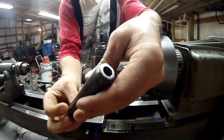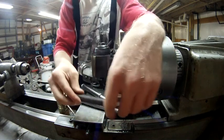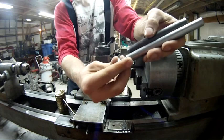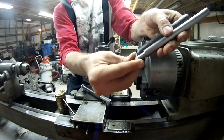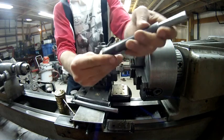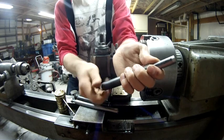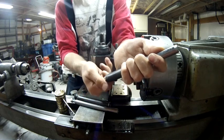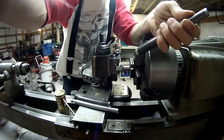Here I'm just showing you that in the last video, the last part of the lathe work was cutting out these bungs which go in the tube, and they prevent the bolt from pulling through the tube. There you see the inner piece, which is threaded, and the outer piece, which I welded the bung onto. The inner piece goes in the outer piece, kind of acts like a piston or a hydraulic cylinder. Then you tighten down that threaded bolt and it draws in the inner tube and puts tension on the system. I've got two of these,